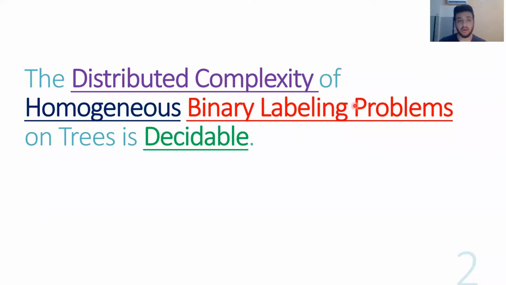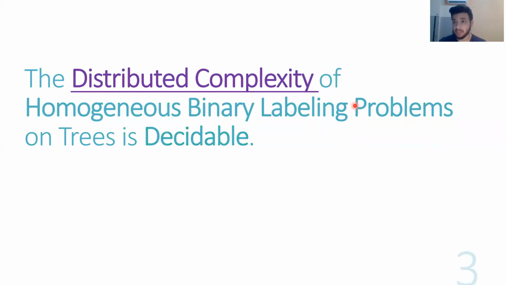So in this short talk, I would like to convince you of the following sentence, that the distributed complexity of homogeneous binary labeling problems on trees is decidable. We are going to break this sentence down into all of its components and understand them one after the other,